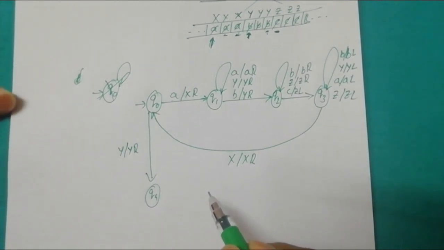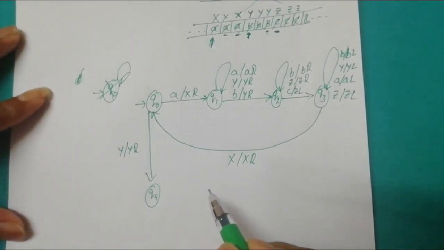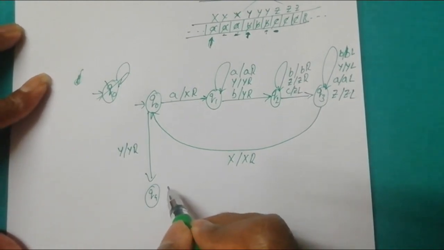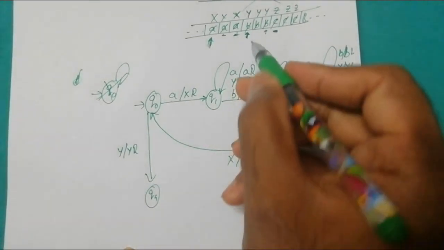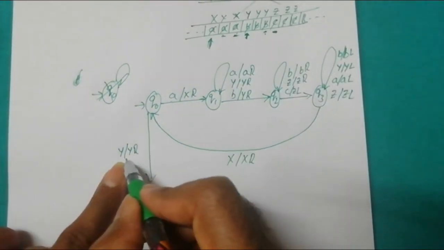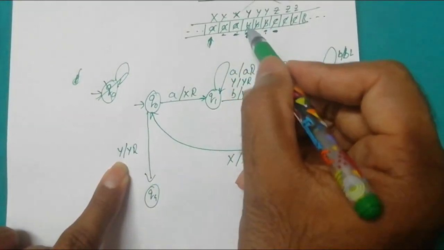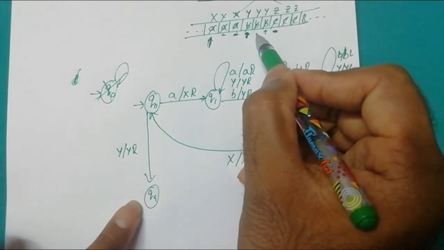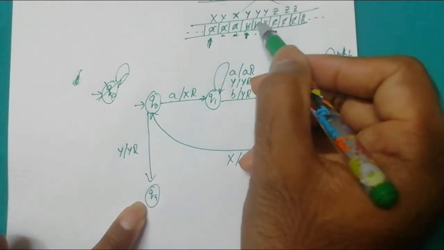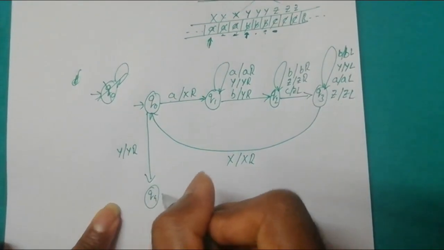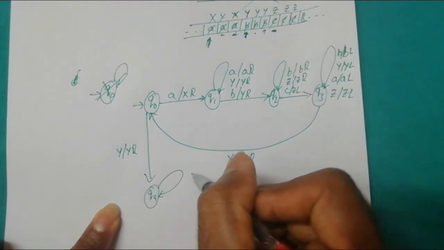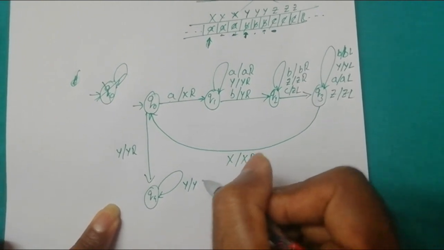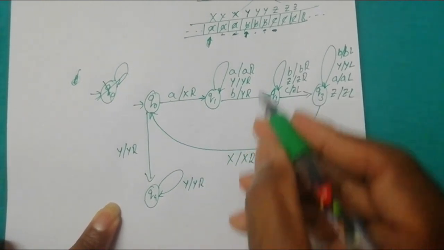Let us check whether all the remaining characters are converted to corresponding characters. q0, when it comes across with y, we move one cell to the right direction and we switch to the state q4. Now q4 will come across with a sequence of y's. Just repeat a loop. Just keep y as it is and move one cell to the right direction.